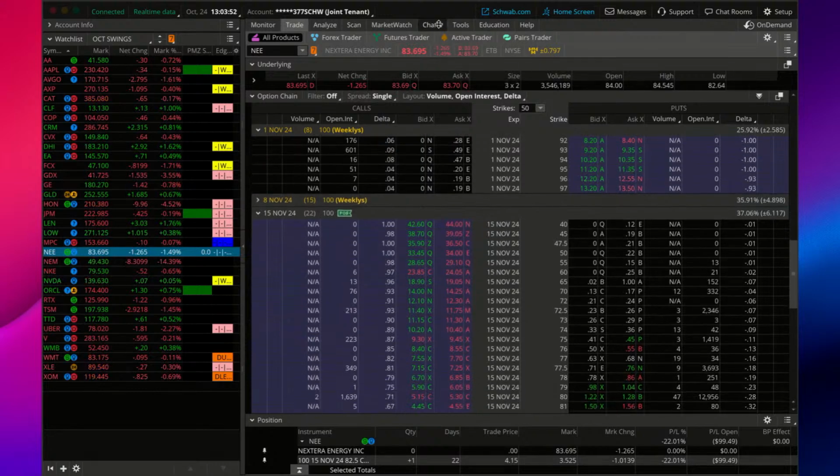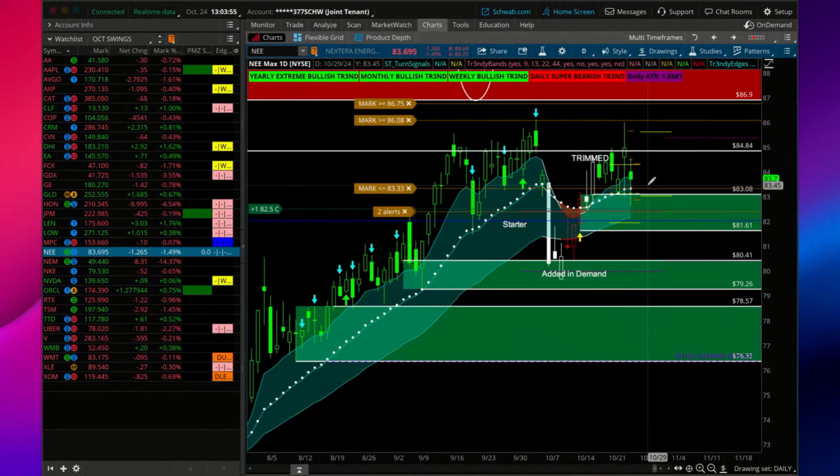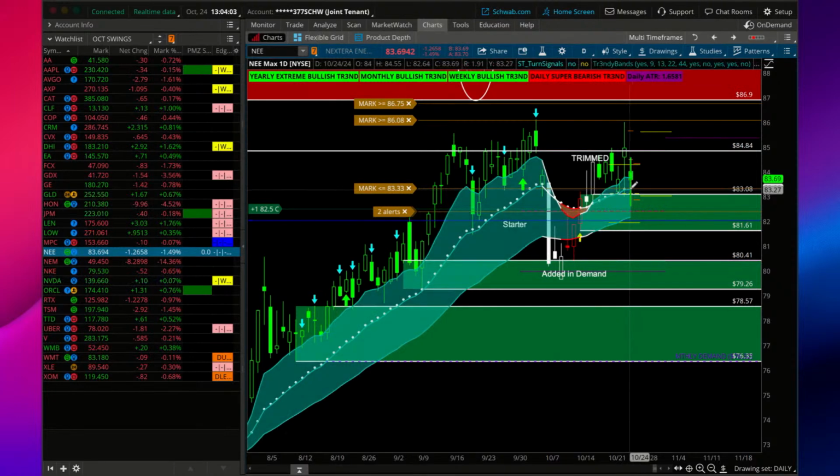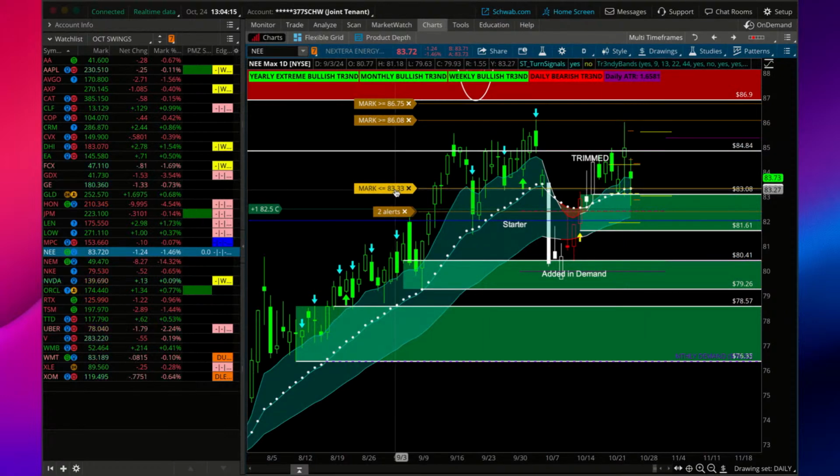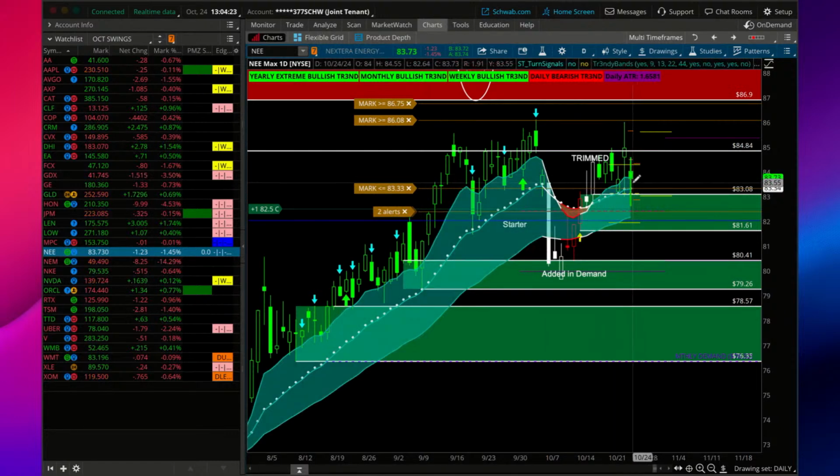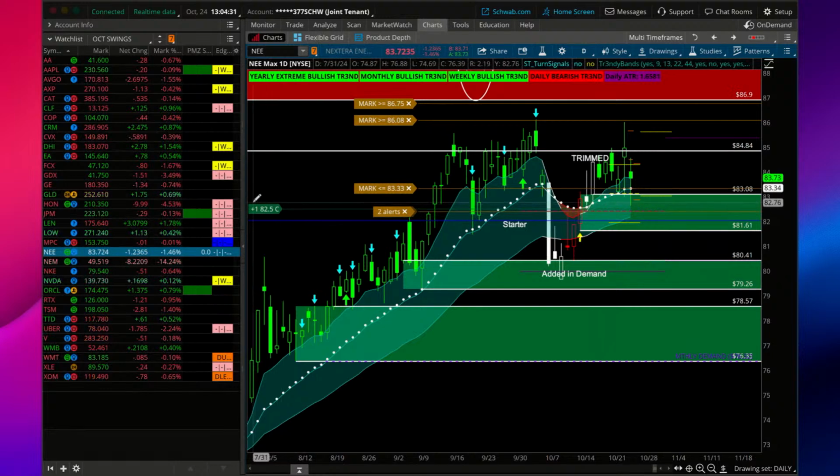So I want to give you an example of a trade that I'm interested in getting into, or rather adding to a trade that I have one contract on, and that would be Nextera Energy. I'm interested in adding to this position right here at or around $83.33. So when price gets to 83.33, I'm interested in adding another November 15th,